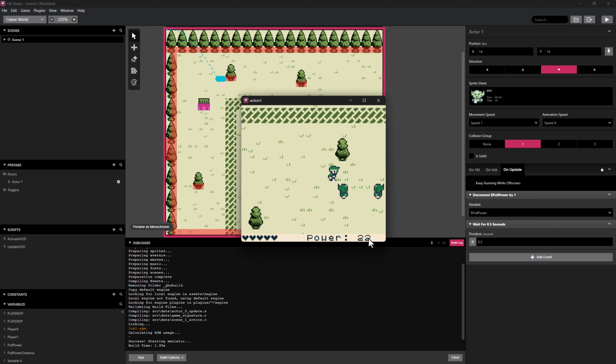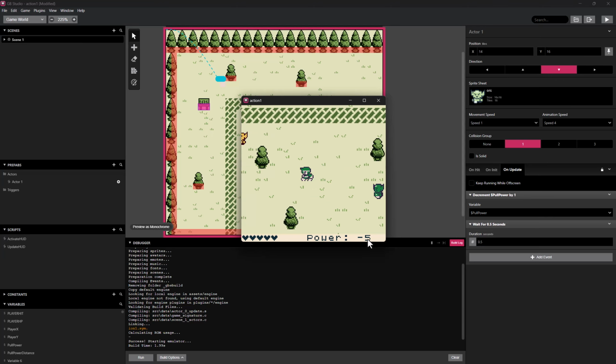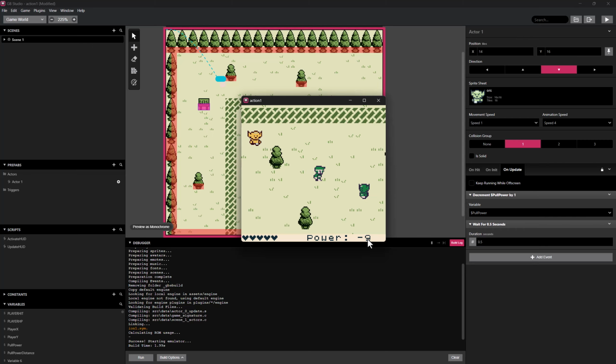And I might limit what the number can get to, because right now it's taking a really long time to actually get back down to -10. So I might actually just change how those numbers